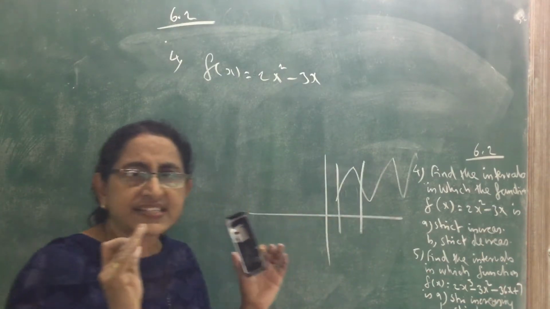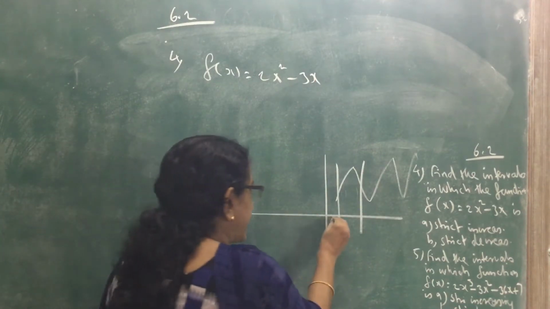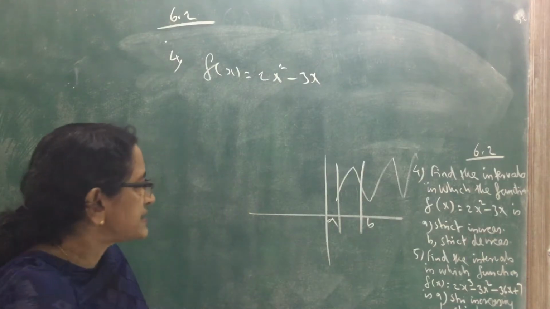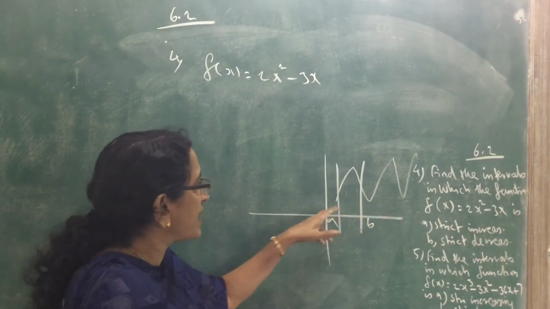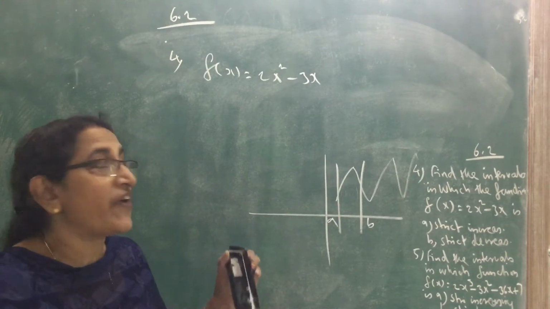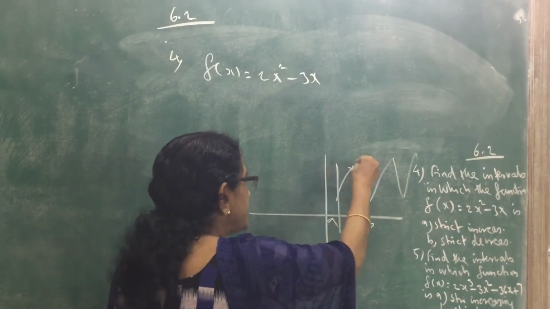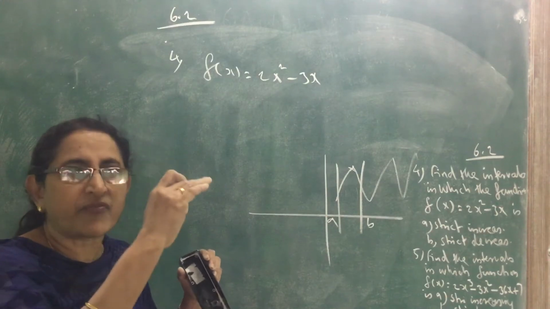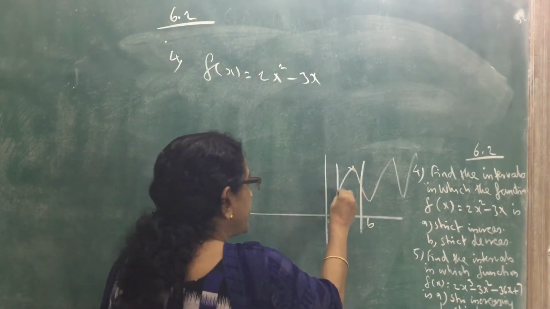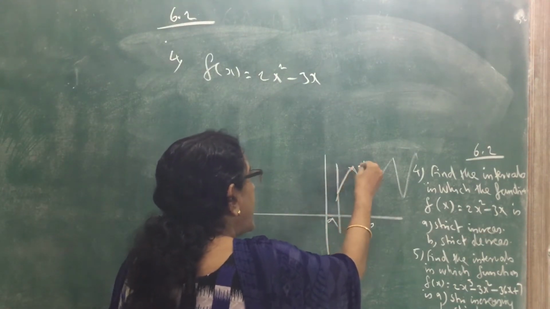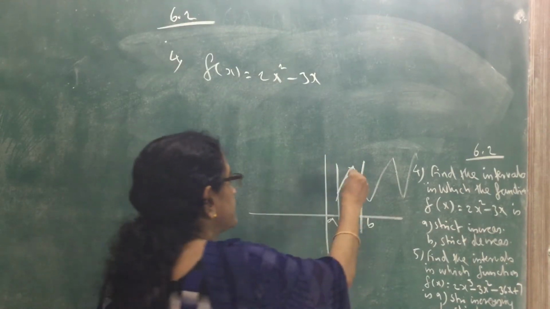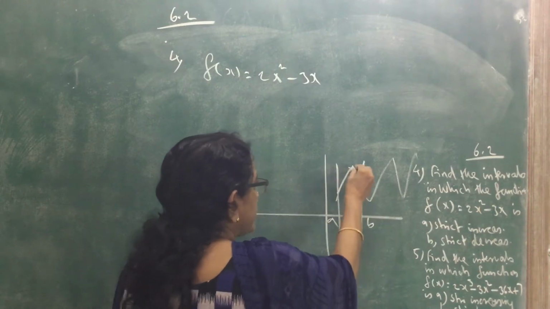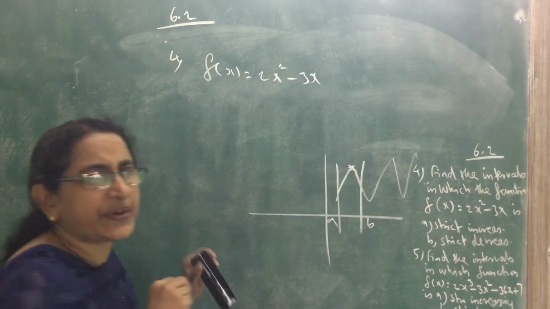So when we consider that small interval, suppose it is AB, in the interval AB, in between x equal to A and x equal to B, the function reaches a maximum value at this point. From here to here, the function is increasing and reaches a maximum point. Then again it starts decreasing. So at this point, the derivative of the function...